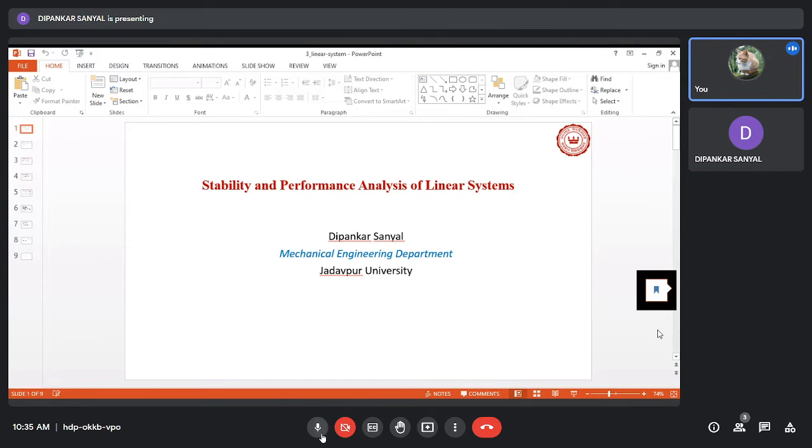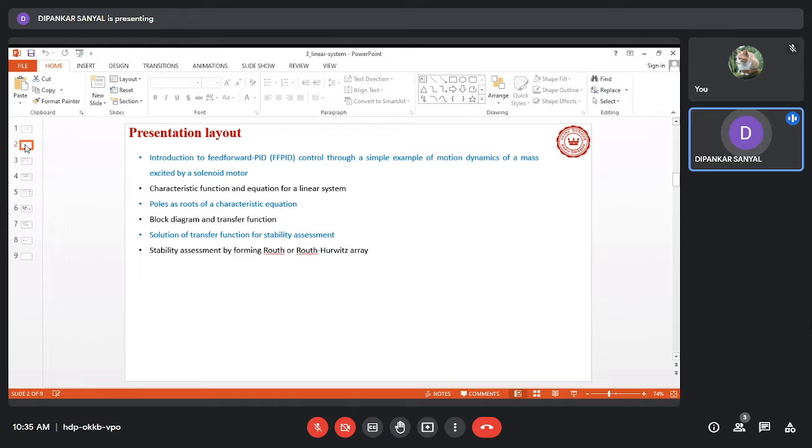Sir. Okay. So today we are starting the last part of the subject of electrohydraulic systems and control. As the presentation says, we will be discussing stability and performance analysis of linear systems. The layout of the presentation is we'll start with a simple example that is basically a recapitulation of what we studied in the